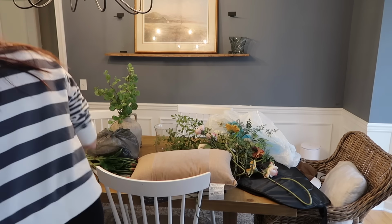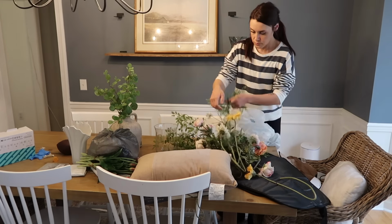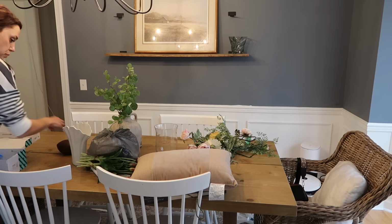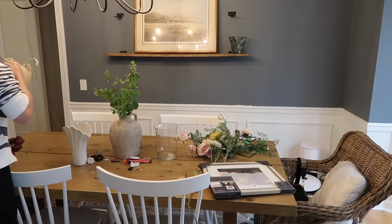Okay, so this is actually the next day because, like I said, my son came home from school, and once he's home from school, it is game over. No more work is getting done that day. So I wanted to go through and tidy up the living room, or not the living room, this is the dining room. I wanted to tidy up the dining room and get everything off the table,